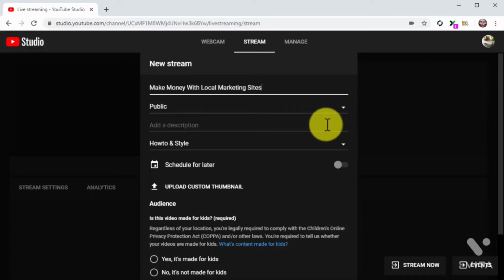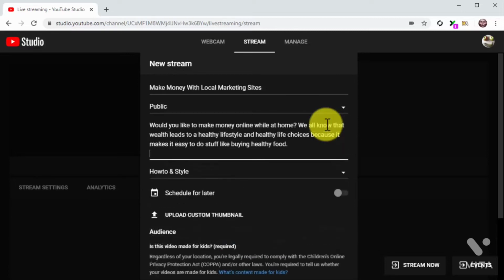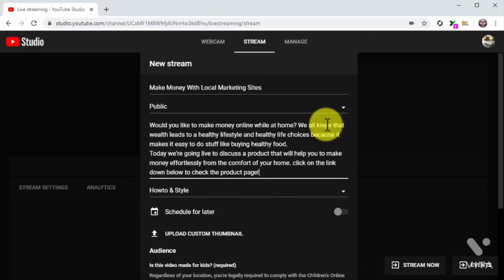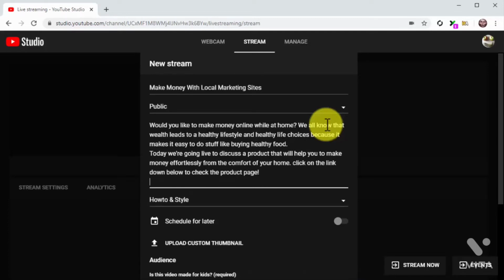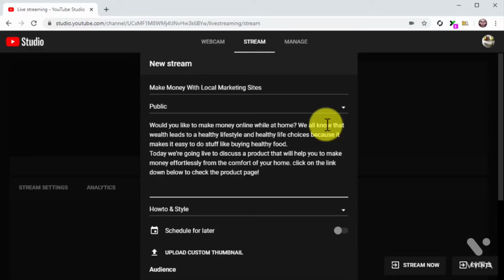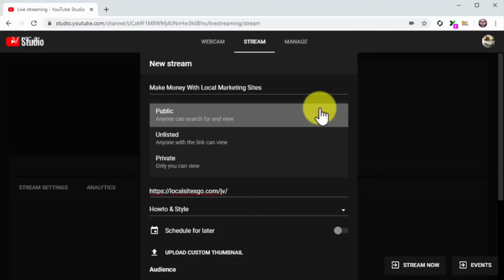Now you are going to add the product launch description into the Description field. Here you are going to add a summary of the product launch. Make sure to include your target keywords and search terms for maximum exposure. The next step is key. You are going to insert your product launch URL at the end of the description. You will entice viewers to take action during the live stream to encourage them to learn more about the product by clicking on the URL in the description. This is how you are going to drive conversions during the live stream.